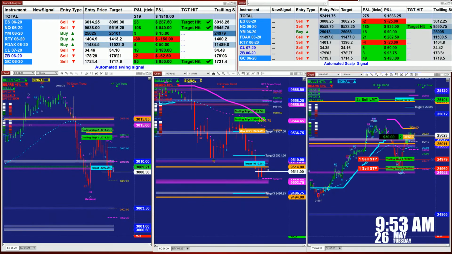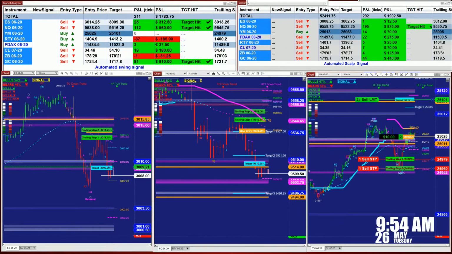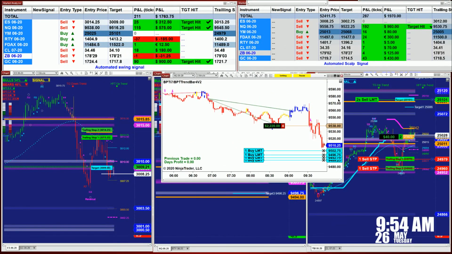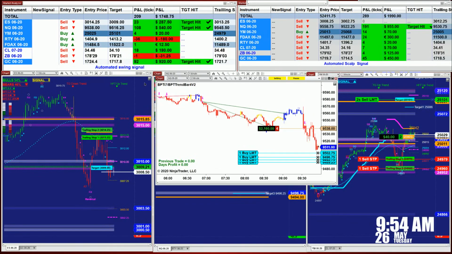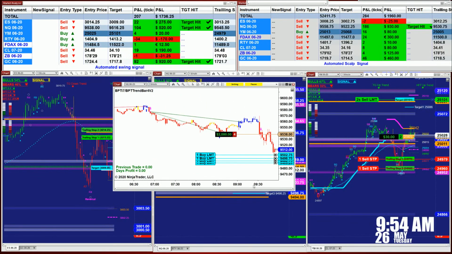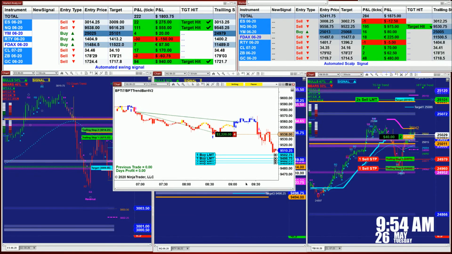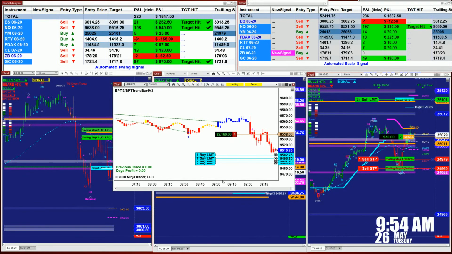What we do, we're not using any Renko bars or anything like this, because we want consistency. You can use the 1 minute, 2 minutes, and this is the 2 minute Nasdaq, or you can use the 3 minutes. The 1 minute is very aggressive. 3 minutes is mid conservative, and 4 and 5 is conservative trading. So there are fewer trades on the 4 minutes and the 5 minutes.